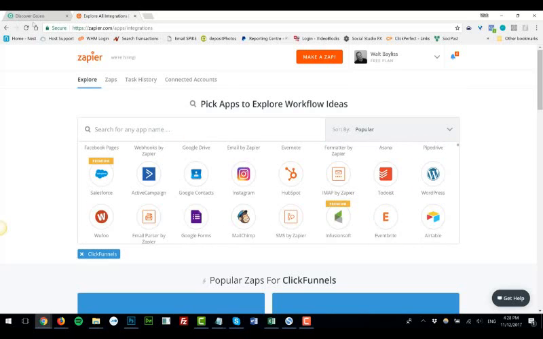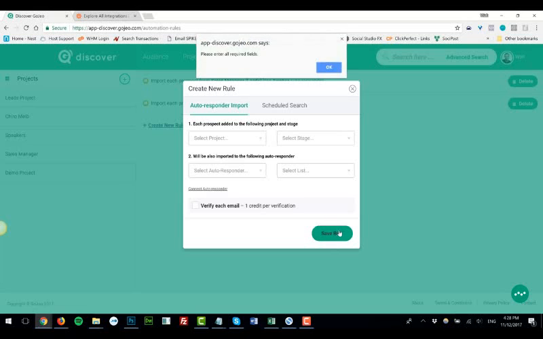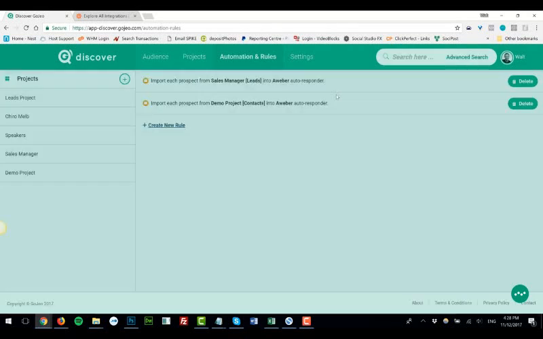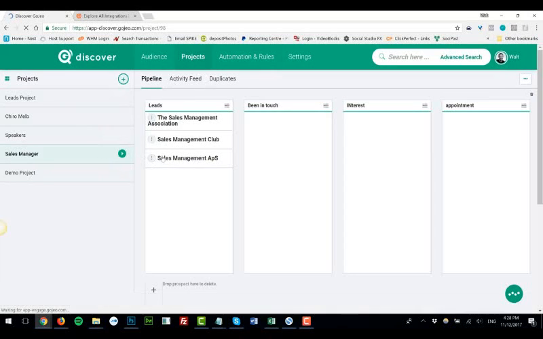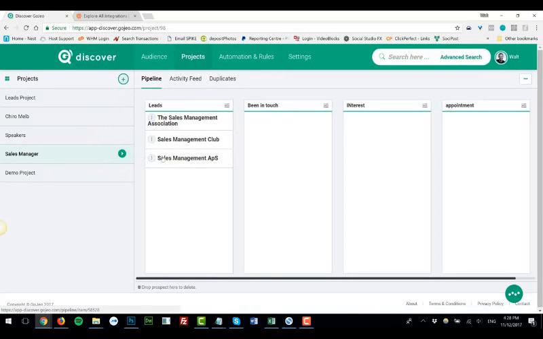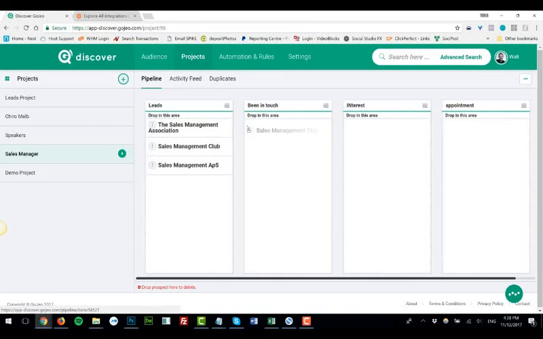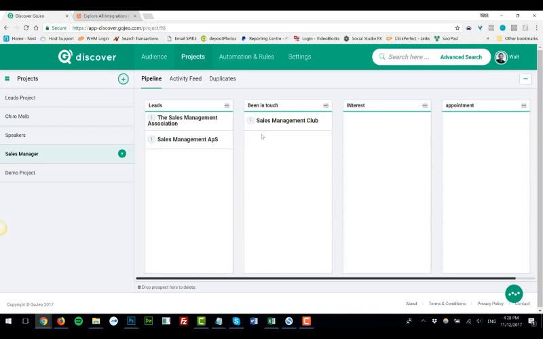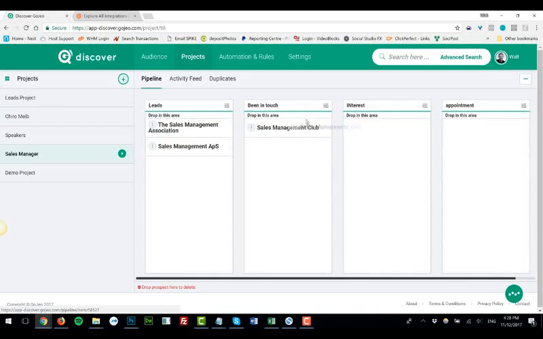And let me show you how easy this is. So I've set up my rule. These people are going to get my first initial email as that comes through. So let's say that I've got these people, they've responded to my email, and what I want to do is these guys, this particular one, we've been in touch, so I literally can just move them across to here. And then what if they come back and they say they're interested, and I can literally move them across to